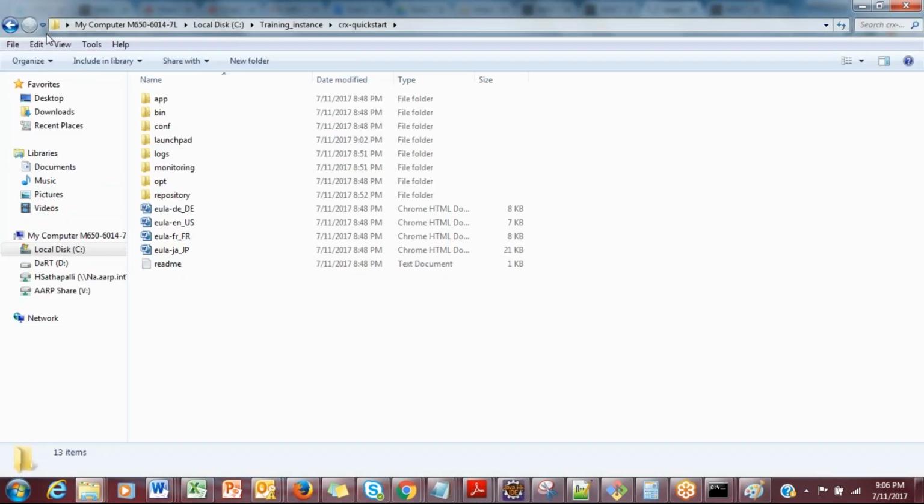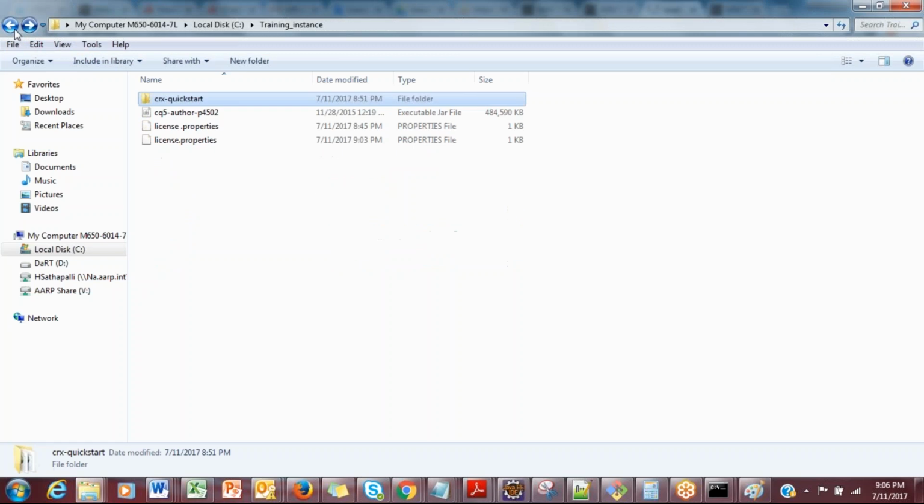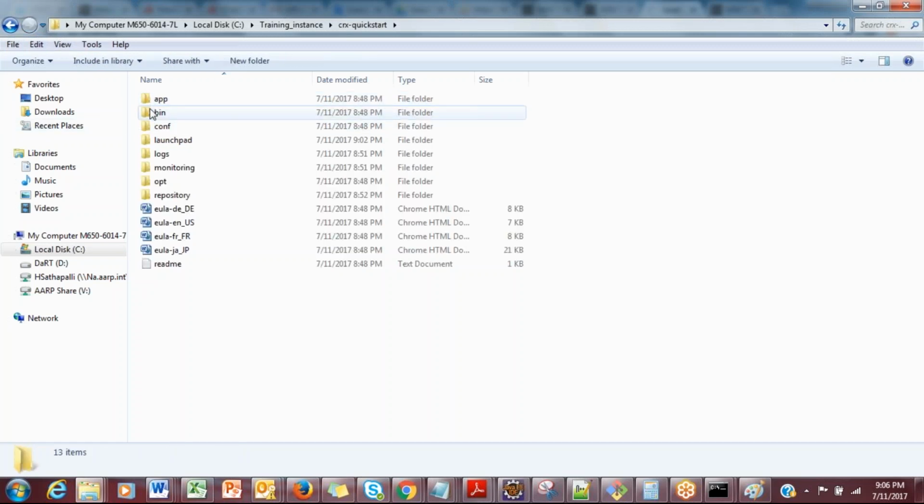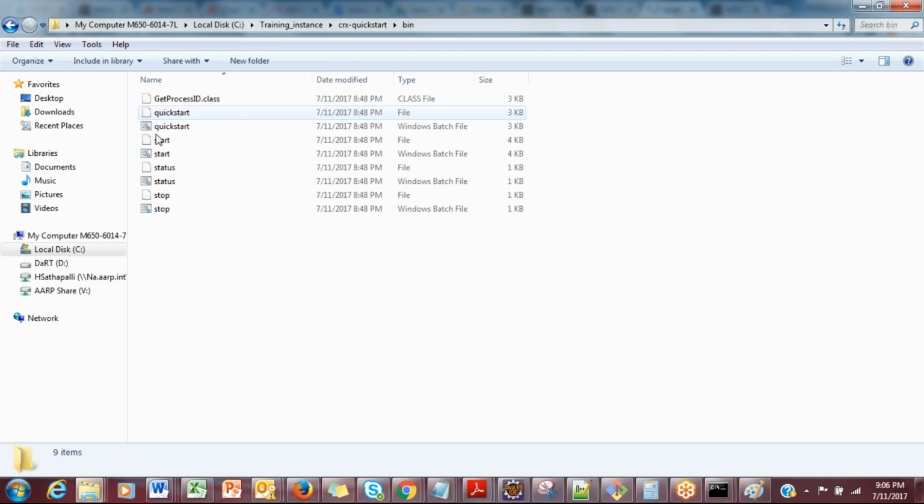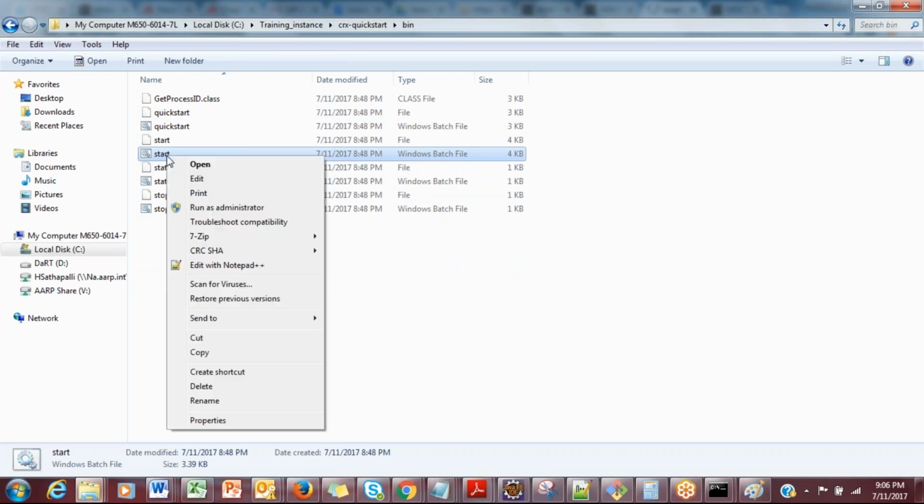Yeah, it's released the port. So now inside CRX quick start, usually any server, be it your Tomcat or any server, would have something like a bin which will have the startup and the stop scripts. So I will go to the bin folder and you have the start.bat here. Okay, now when I go to the start.bat,